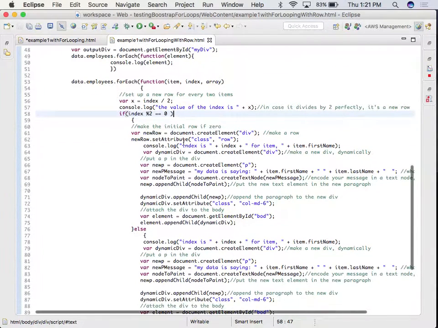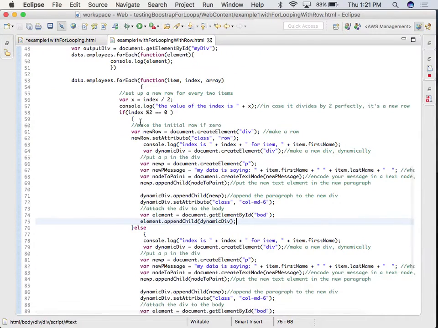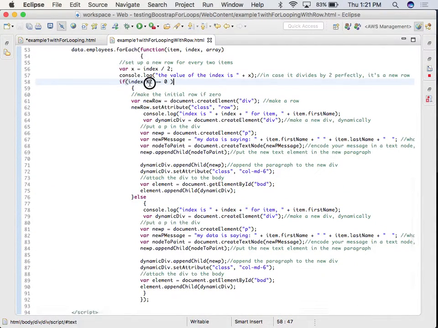So anyway, now within this, and I'm going to post this to Git in a second. I realize that I need to push it up to Git. It's still in my Eclipse. You see that if the index divides evenly by 0 based on this modulus, then you should go ahead and make a new row. And I should probably just boost this up a little bit. Probably I can